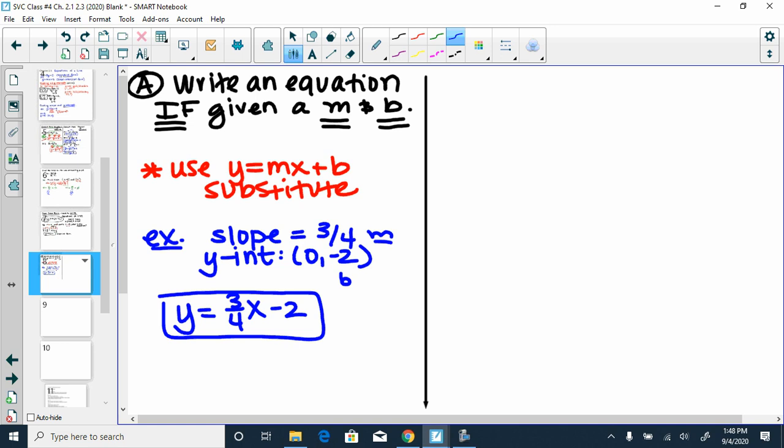You make the substitution for m. You make the substitution for b, and you have your equation. And again, that equation is in slope-intercept form. Technically, you should be able to convert that to standard if I wanted you to. Okay? Second kind is how to write an equation